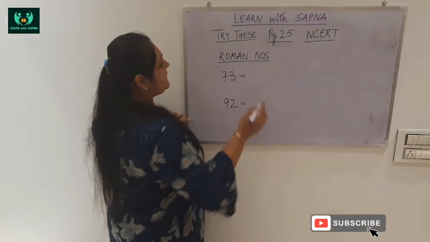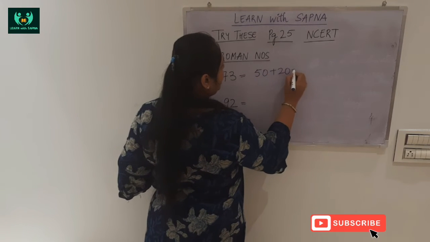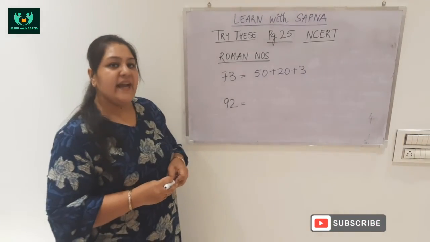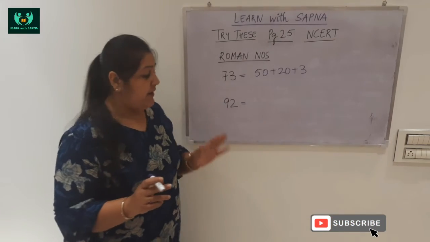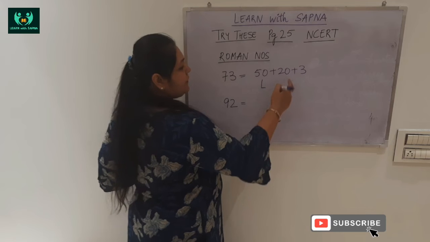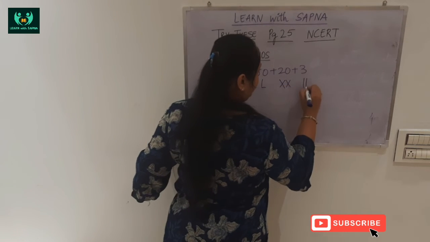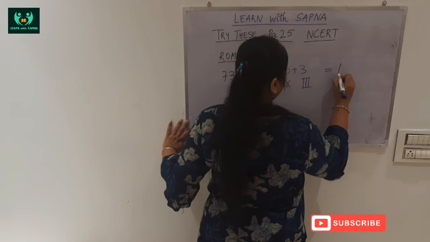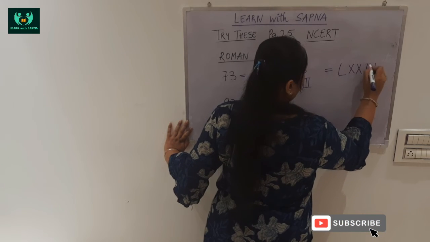For 73, we can break it as 50 plus 20 plus 3. We have to write in the notation for which we have standard notations in Roman numbers given, the table of which is already given in your book, right? So for 50 we have L, for 20 we have double X, for 3 we have three I's. So the Roman number for 73 becomes LXX and 3 I's,